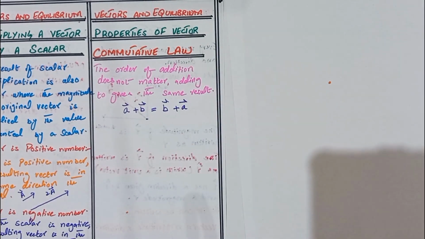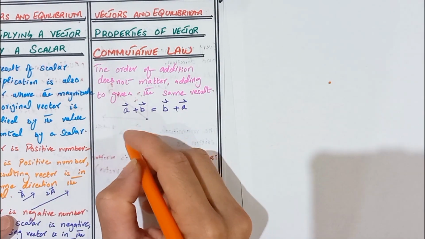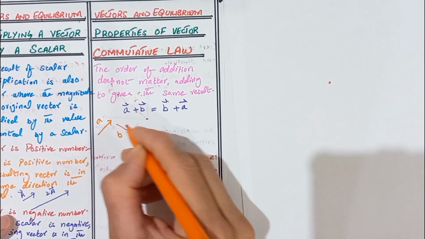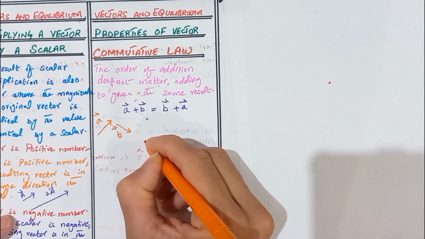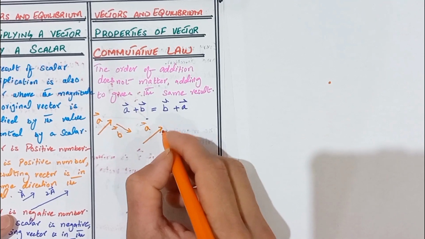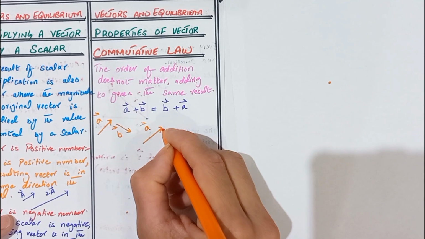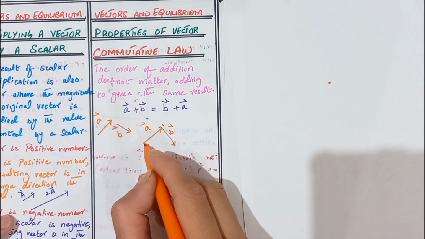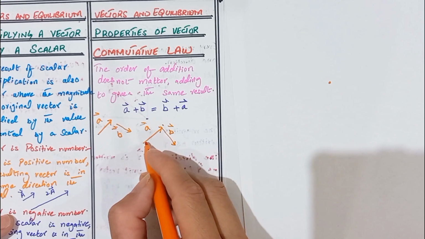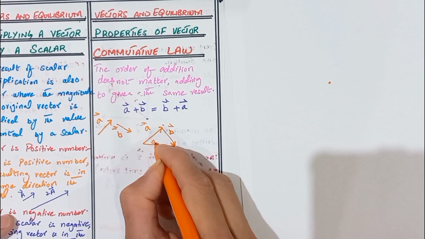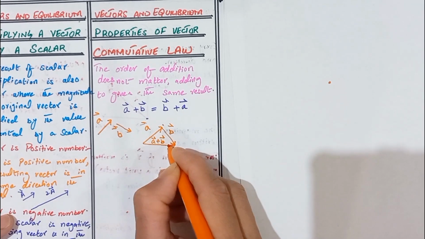Here we represent it graphically. Here we take the two vectors. This is the vector A and this is the vector B. Now we add these two vectors. Here first we take the vector A. By the head to tail method, we add these two vectors such that the head of the first vector meets the tail of the second vector. Here we draw the resultant. We get the resultant by drawing from the tail of the first vector to the head of the last vector. So this is how we add the vectors and this is the resultant.